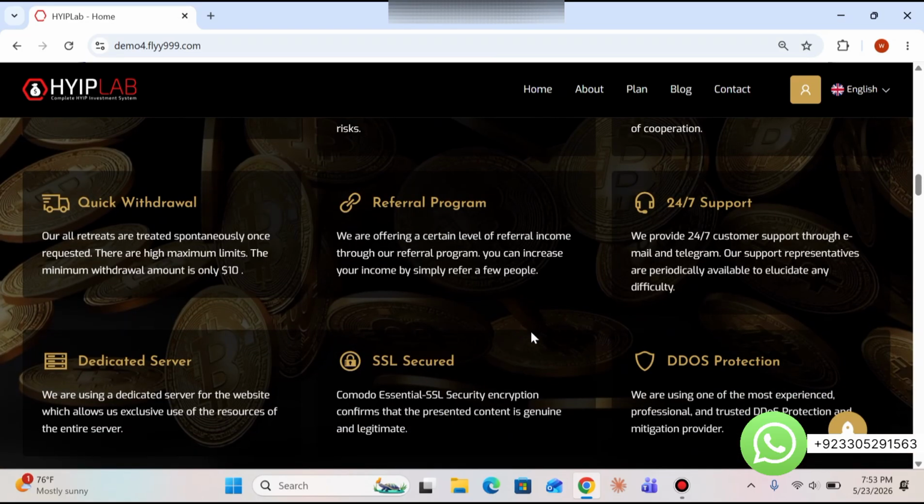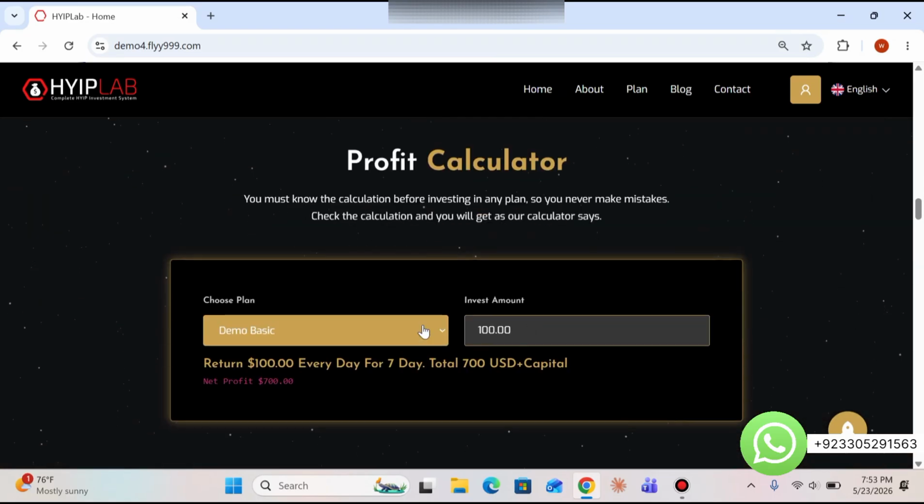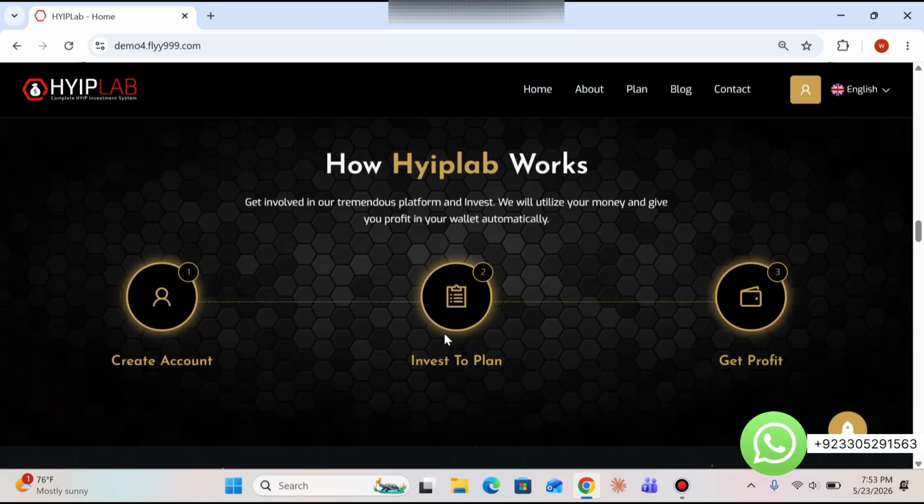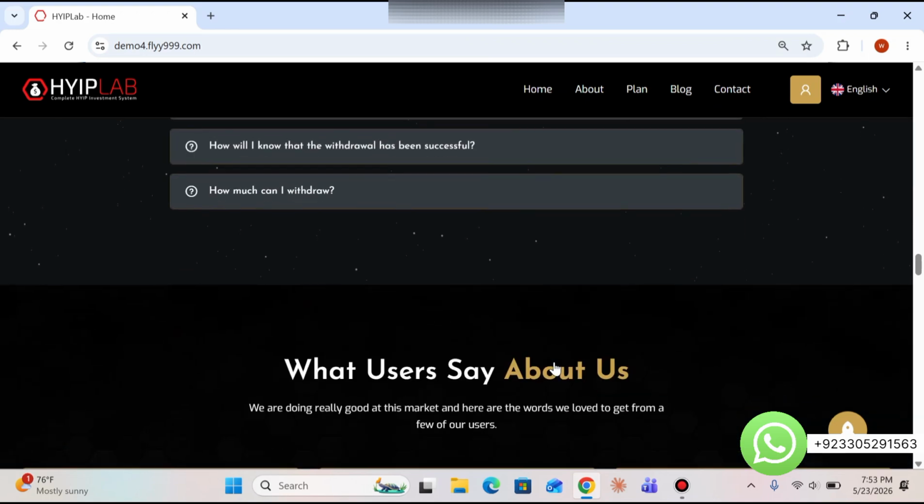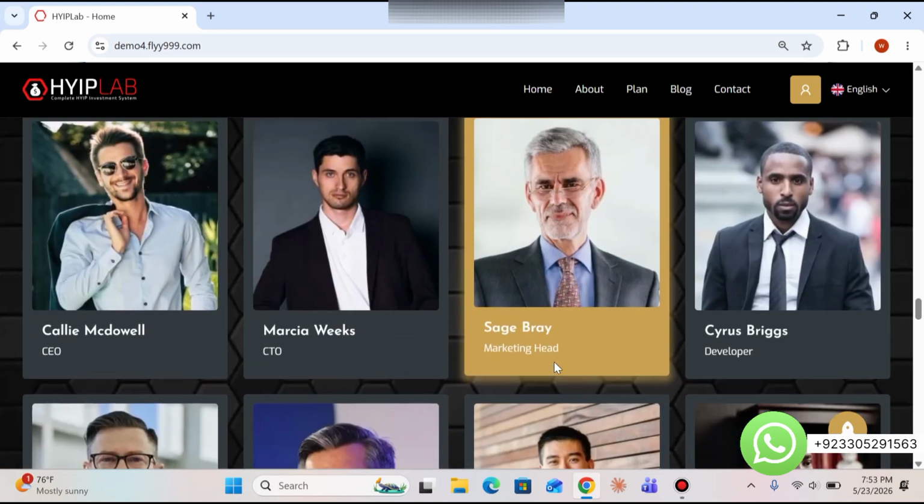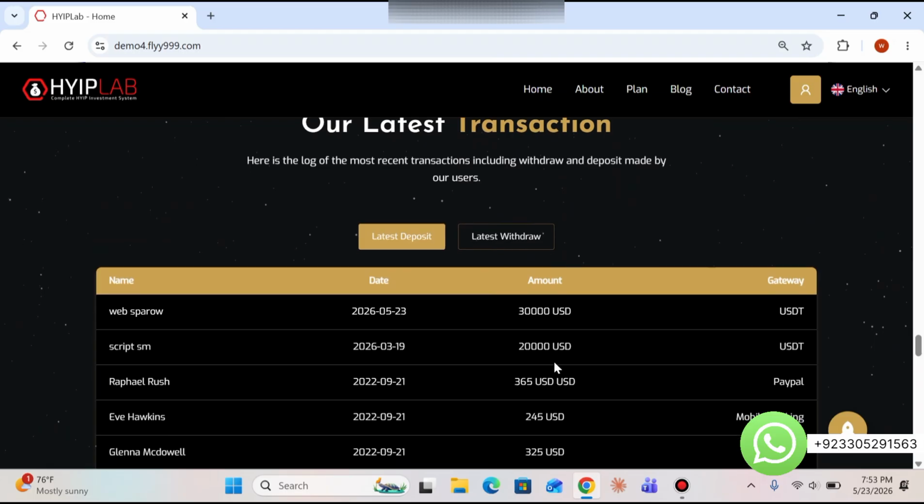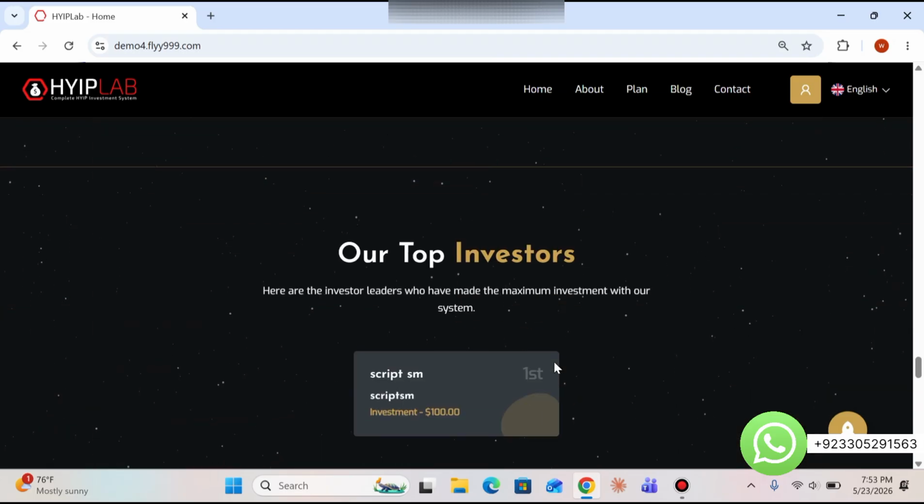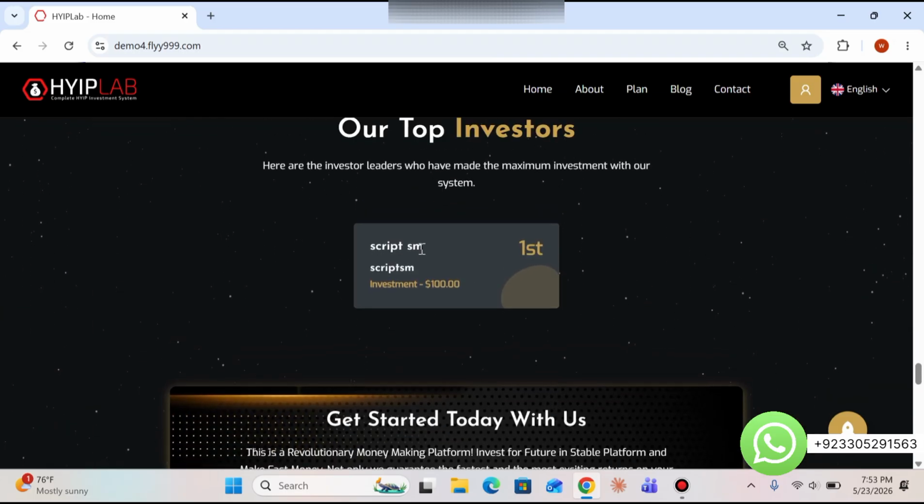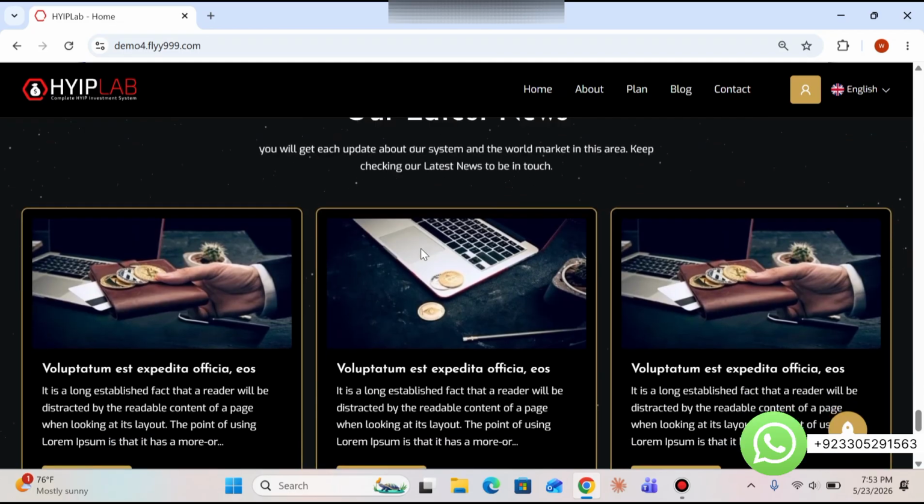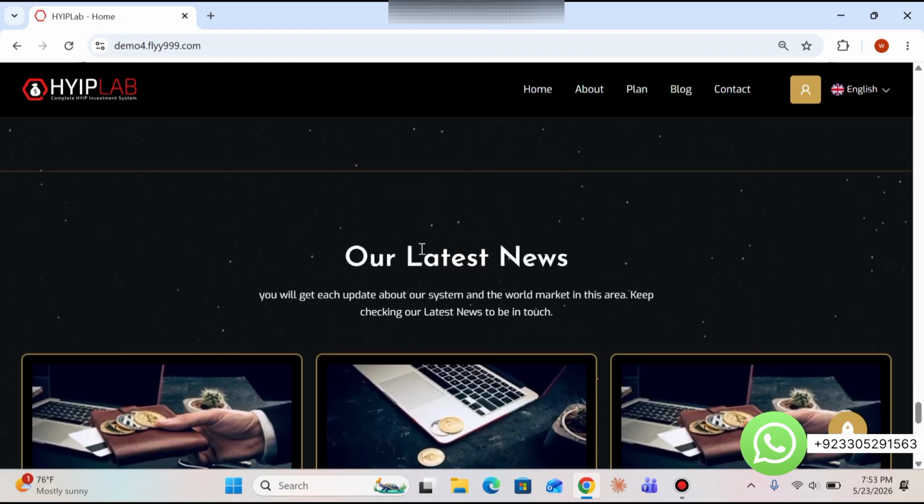Here, why choose us? You can list about your own site. Here's a profit calculator where the user can calculate the profit of his plan. And here is how it works, like create account, investment plan, get profit. Frequently asked questions section. And here you can list all your team members. All your transactions will appear over here. All investors will appear over here. Payment gateway, and if you want to list blogs from the admin panel, you can list the blogs as well